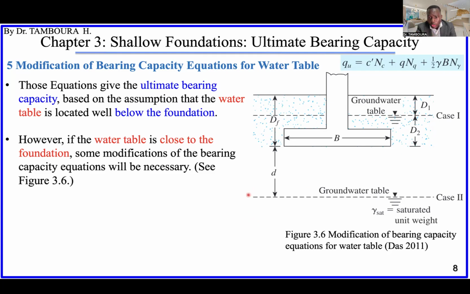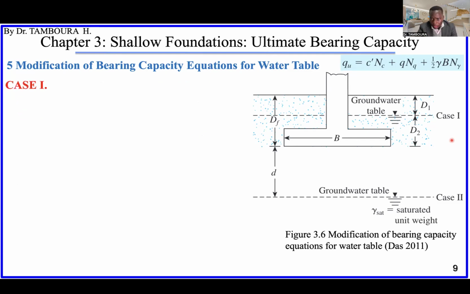Or sometimes we have the water table here. What will happen in that case? So we have maybe 3 situations, 3 cases we will discuss in this lesson. So the first case,